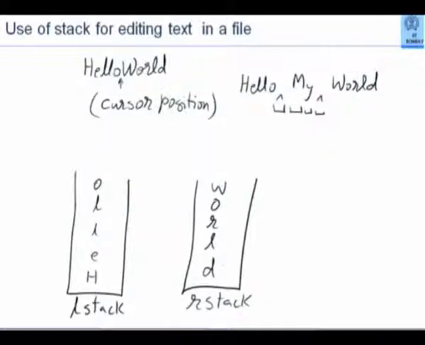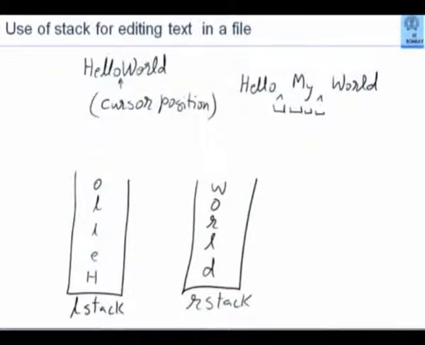So these characters should appear in the reverse fashion. W, O, R, L, D are the 5 characters, but the 0th character W is at the top, followed by O. Because these two stacks, if you actually move them like this, they should become the original string.